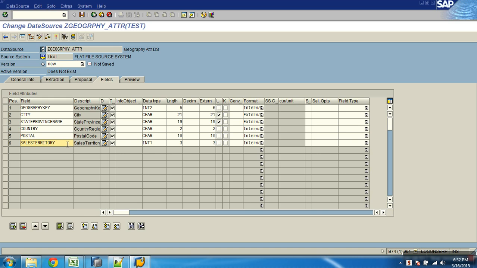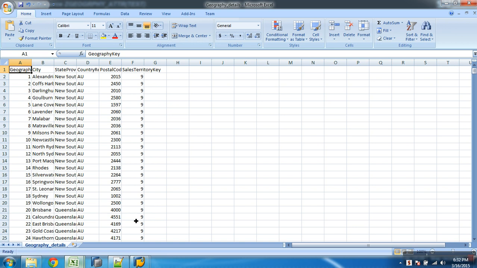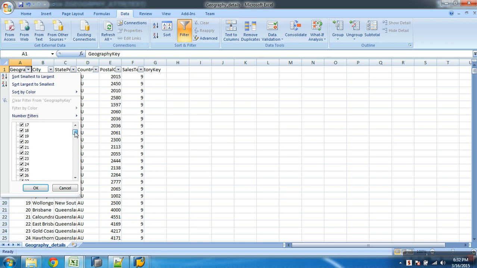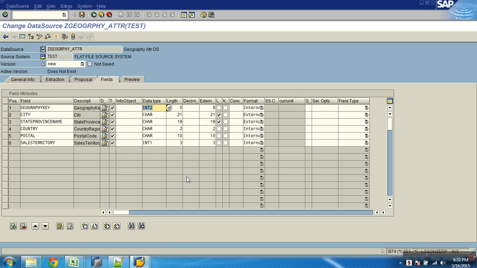Okay, next. Now for geographic key it's already proposing something. What is this here? Data type. Based on the values it is proposing it. Okay, so if I go to my file, if I see the data filter, it's all numbers. What is max length? 3, right? If you see what it proposes, it is taking length 6.